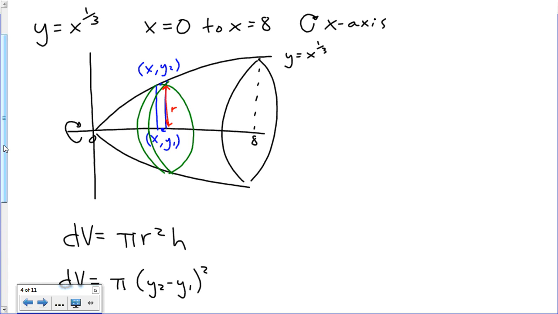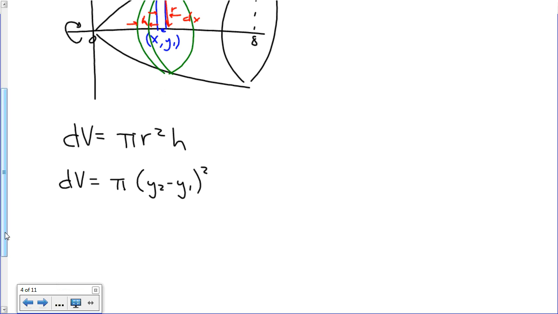Times h, which for us is this height right here. We'll draw it right here. That's h. But that turns out to be the same as the thickness of the original slice. So the thickness of your original slice from here to here is dx. So dx is actually the height of this thing, so we'll put dx as our height. Now, the differential tells you what variable you need to get this in terms of. So I have dx here, so that tells me I need to get rid of the y1 and y2